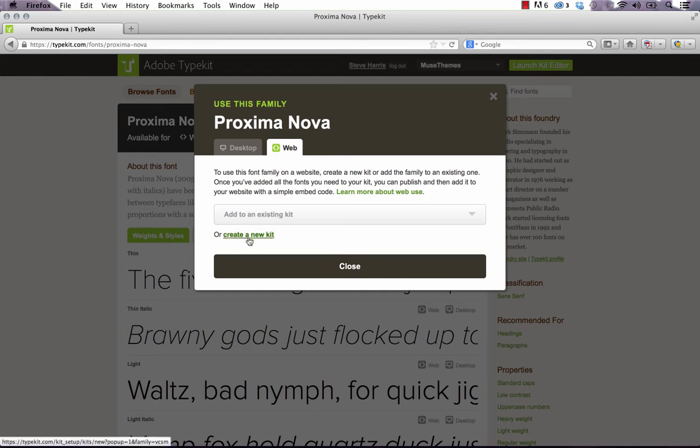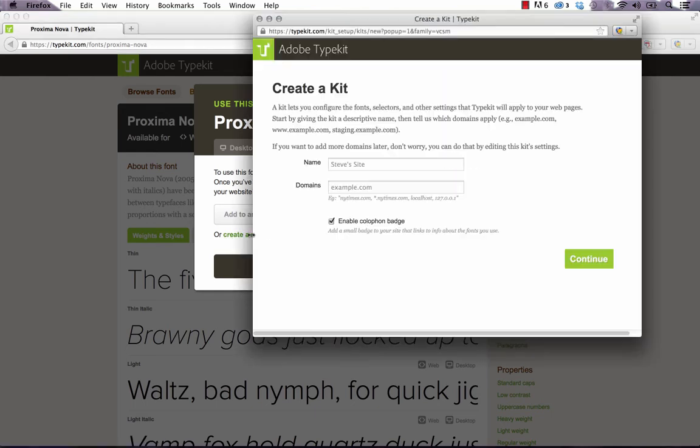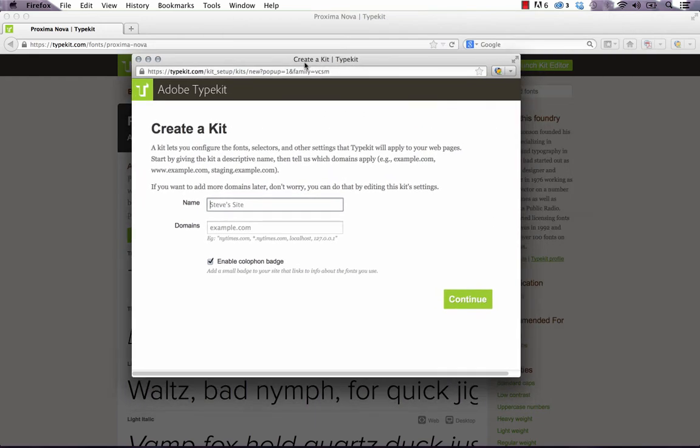So I'm going to create a new kit. I'm going to set the kit name as, let's just call it MuseThemes Test. And now I need to enter a domain, and this is very important. You need to enter the domain name exactly as you're going to use it on the web. So in most cases, this is www.yoursite.com. For me, I'm going to publish up to a temporary Business Catalyst site, so I'm going to enter that domain in here. So we'll call this Typekit MuseThemes